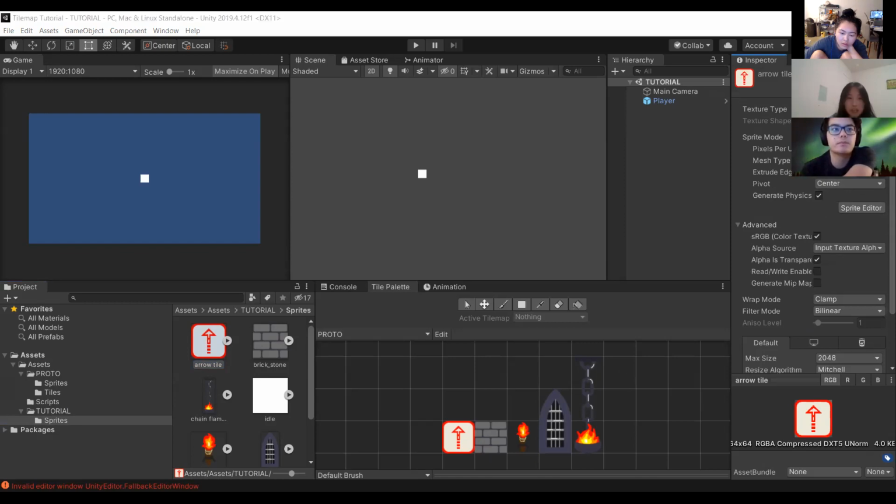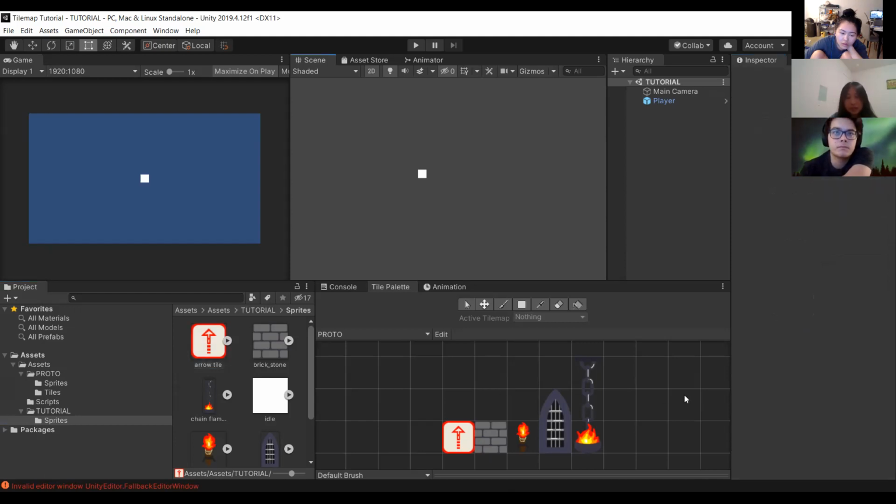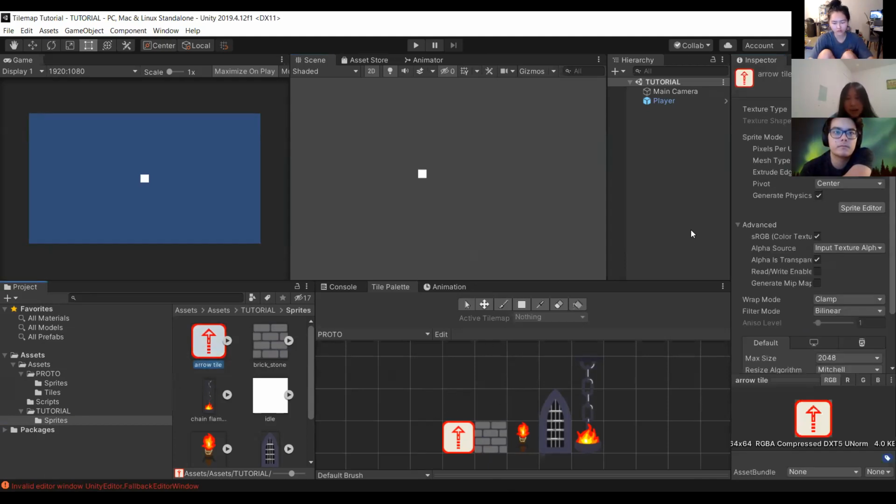So the first thing I'm going to talk about is pixels per unit. What pixels per unit is essentially, if you see down here in the tile palette, you see how it's split into grids. Right now, I have this pixels per unit set to 100. So it means every single one of these grids,